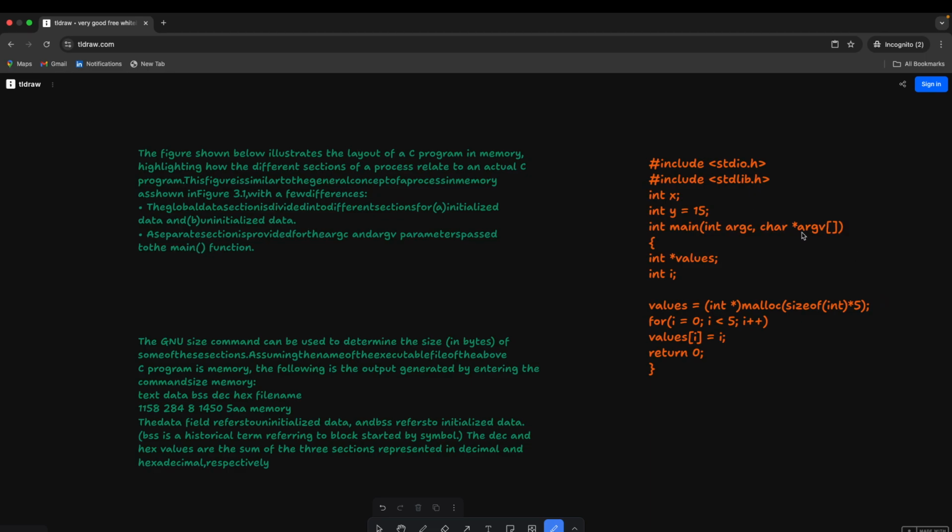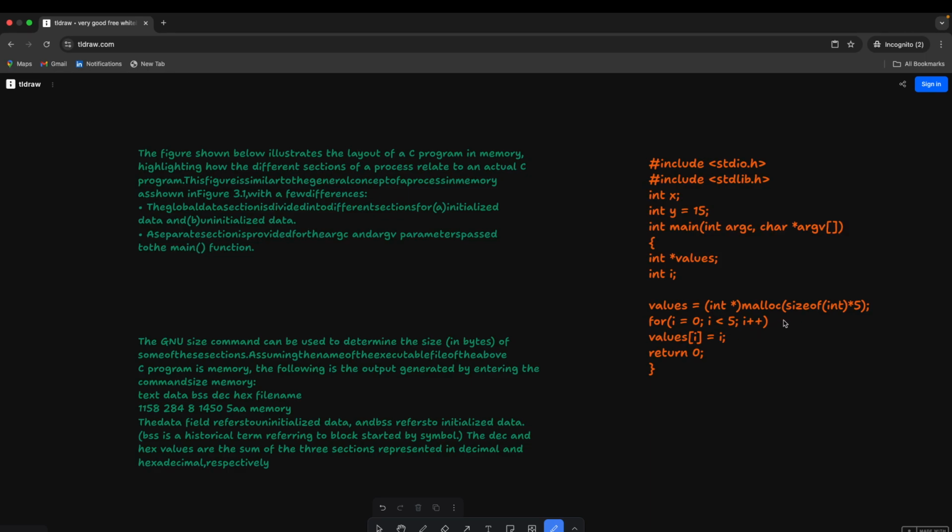Arguments will be loaded above the stack. Oh, sorry, this is a function call. So when we go to the main, in the stack the main gets loaded. Now whenever we see pointer values, these are basically stack variables, associated with the stack frame. When we come to this, we are doing a malloc or a calloc, which will store the data in the heap area. So this data will be stored in the heap.